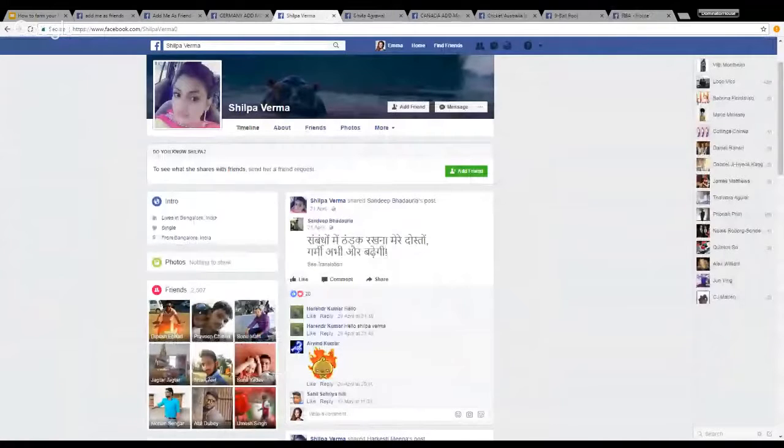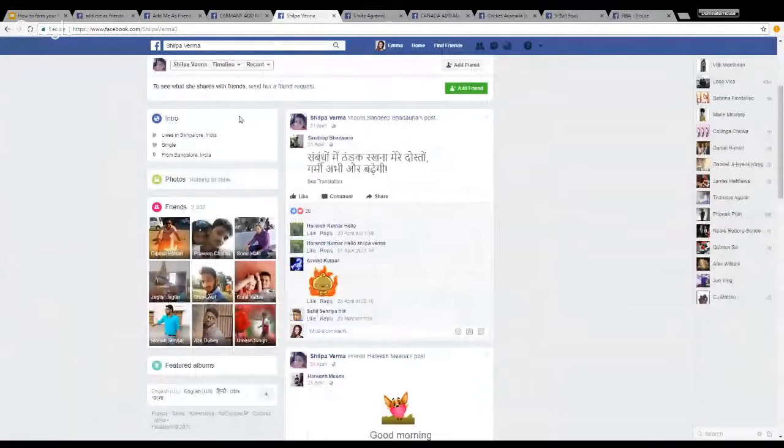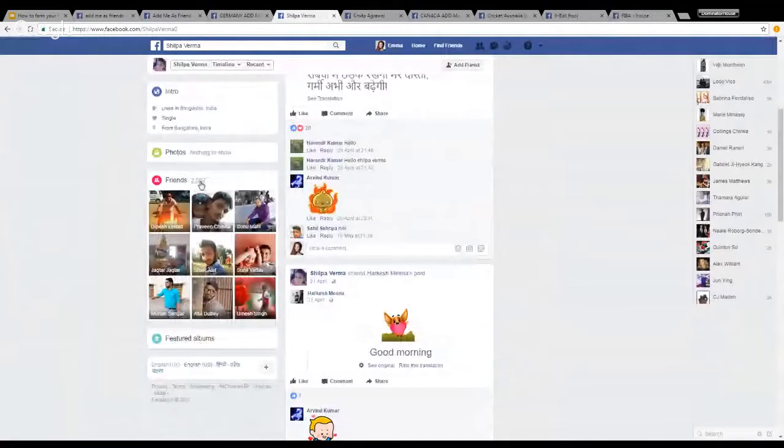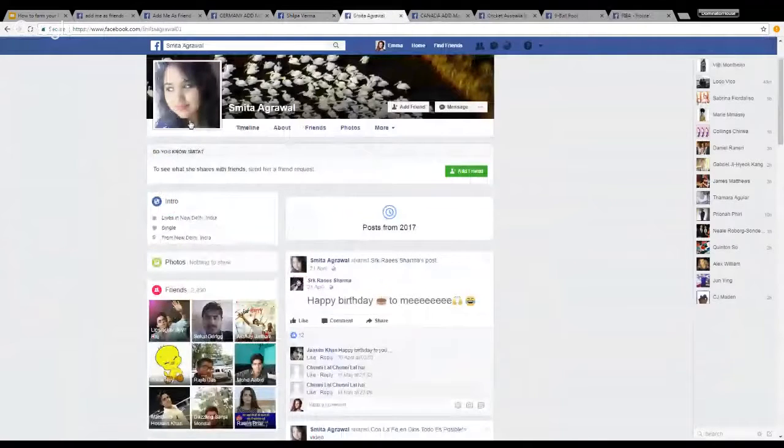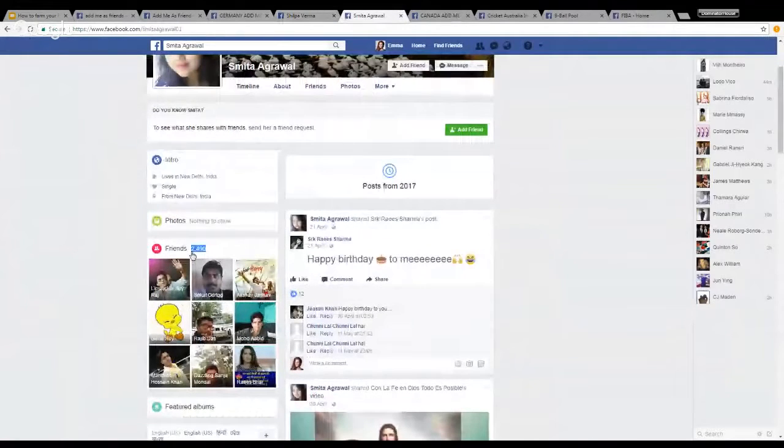You can see this account, this girl profile which I have made is having 2507 friends in just a week. The same with this profile, I have been able to grow up to 2490 friends in just a week. I still have lots of friend requests coming in unaccepted. Once I start accepting those, it's going to reach 5000 friends.